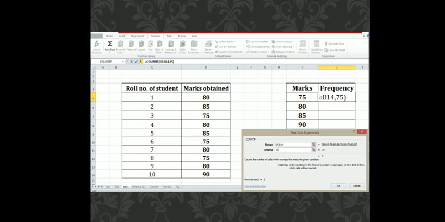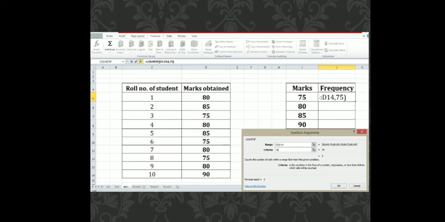In this menu, fill the range using the table 1 of the marks column. Select the entire cells of the marks column to fill the range. Then select or choose the criteria in the function arguments. Here the criteria will be the desired marks. Choose it from the cell, or it can be directly filled by entering the value of marks.